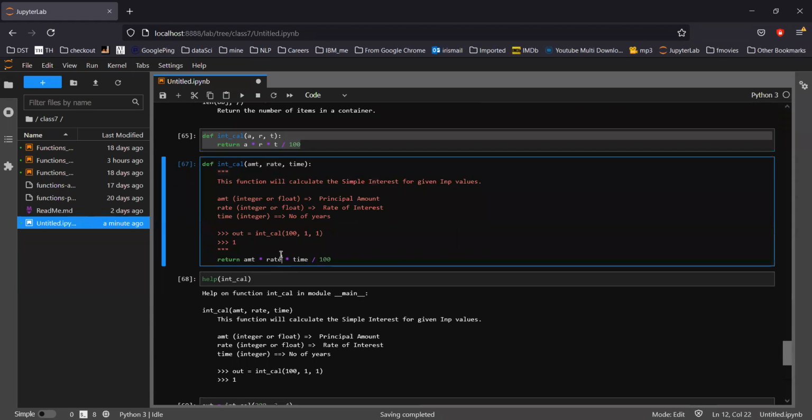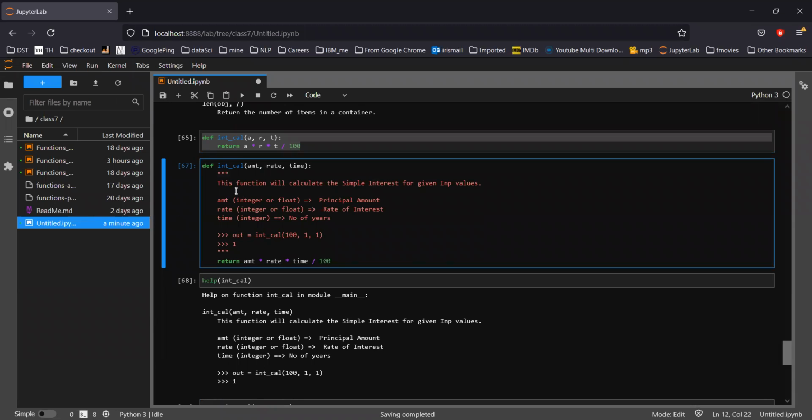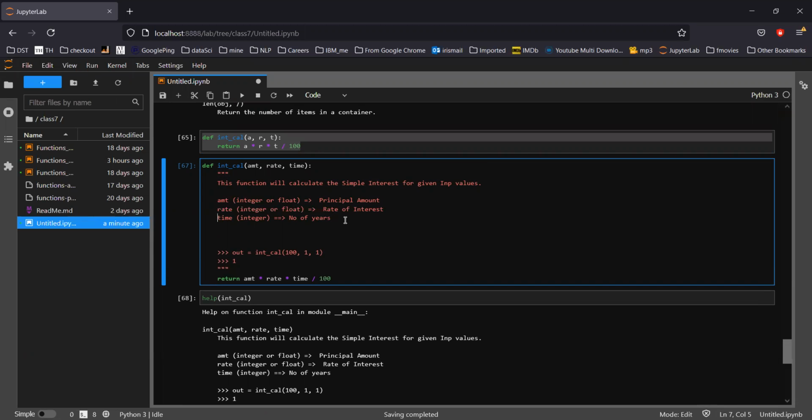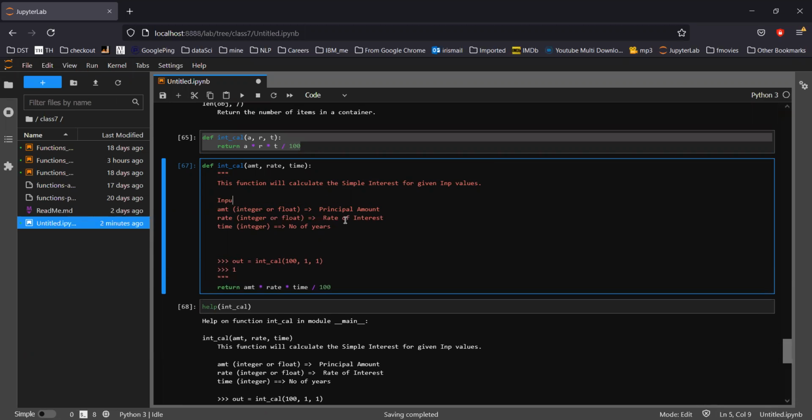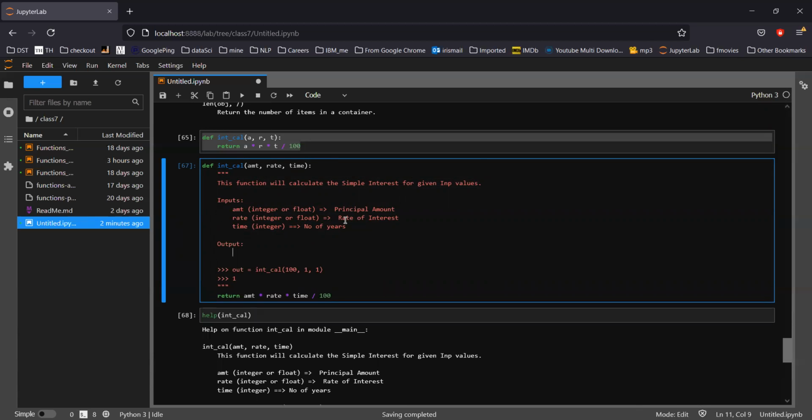So remember that whenever you write the basic definition of that function, write what kind of input it is expecting, or a better way, write down inputs, and then you can mention the output as well: simple interest, and in brackets it is a float.